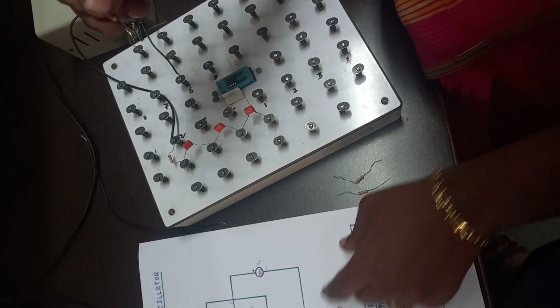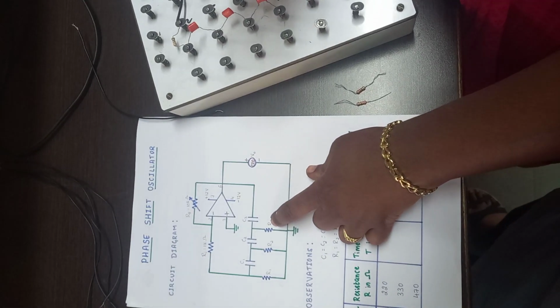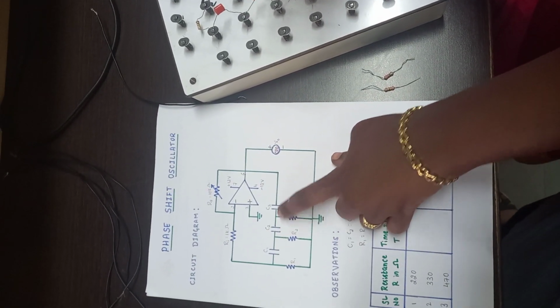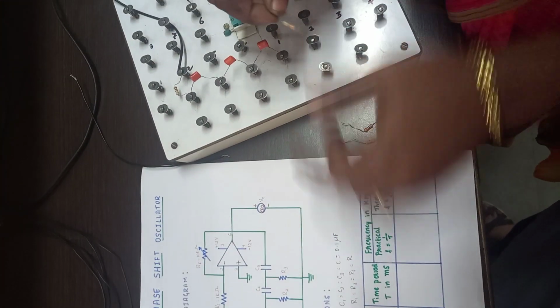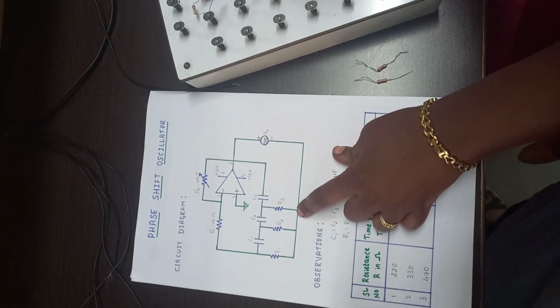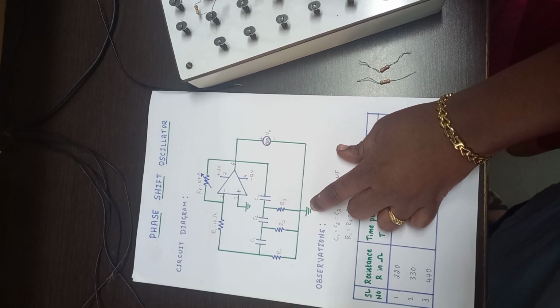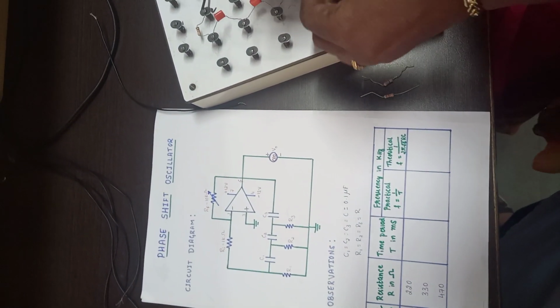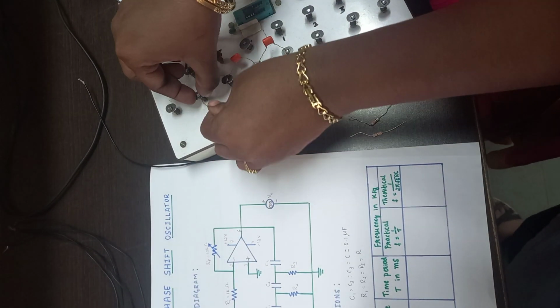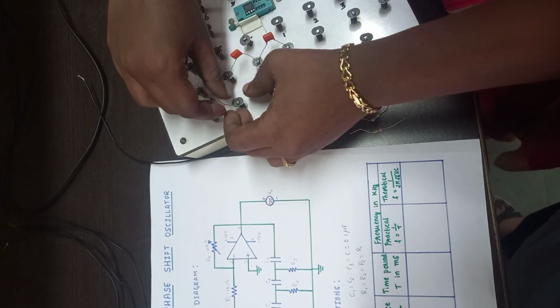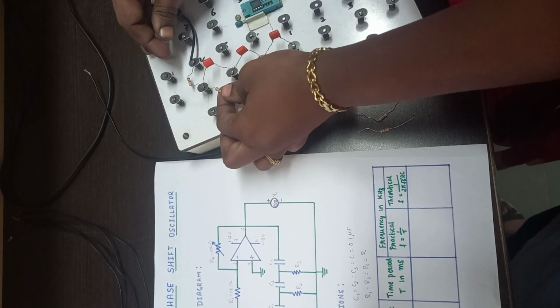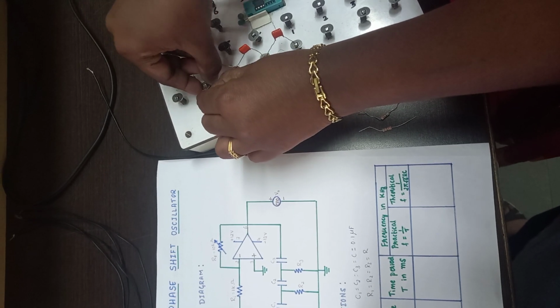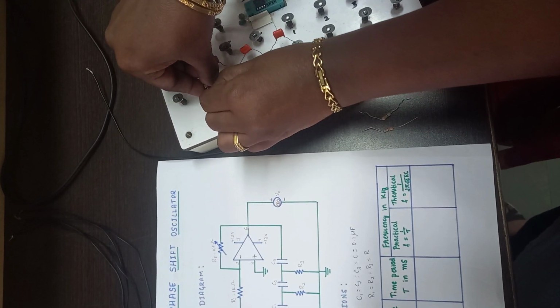connection. So those resistors are to be connected in between C1, C2, C2, C3 and C1, R1. So let us do that. Observe all the resistors' other ends should be connected to ground. So I am making a ground point here along with the connection. So let us start connecting the resistors in between the capacitors. I'll take one resistor and connect it in between the R1 and C1, other end to some other point where we are grounding.